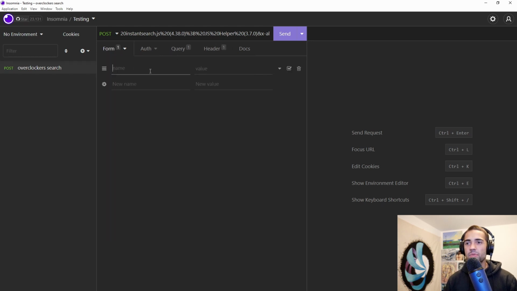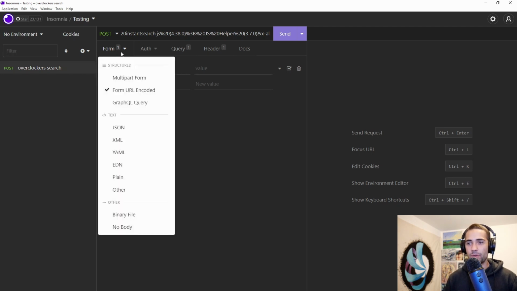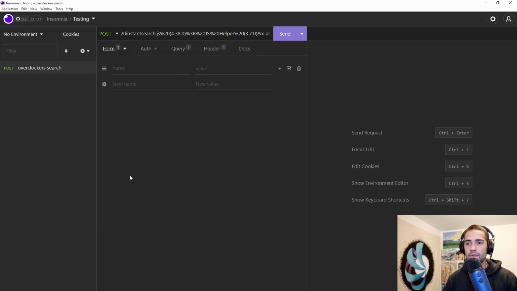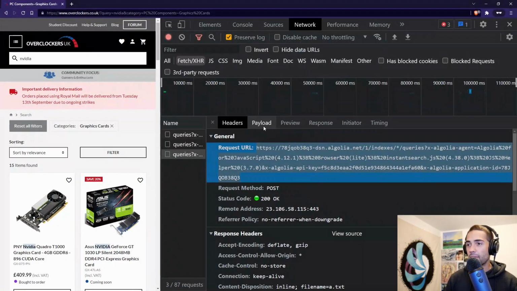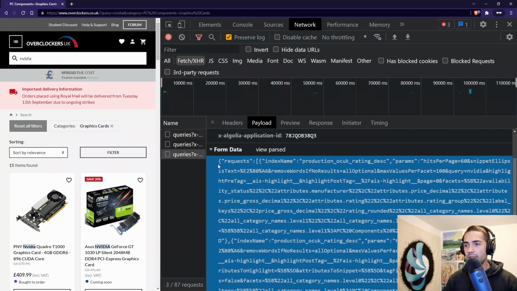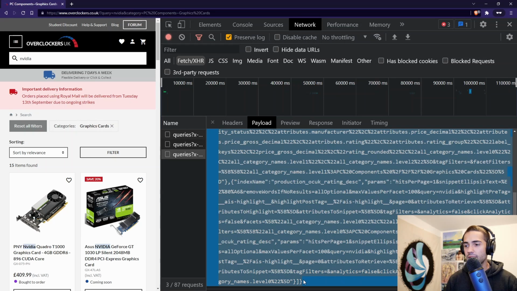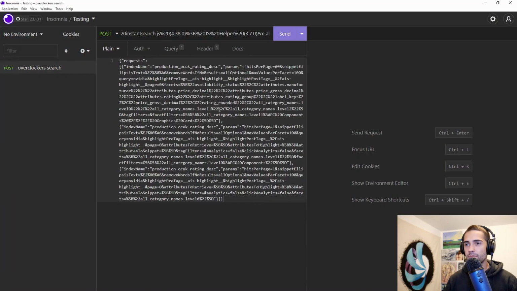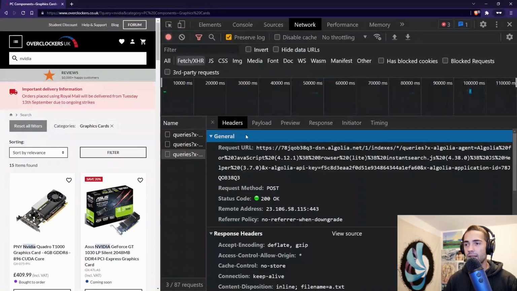Okay, let's pick this option, and here you can see we can only supply key value pairs, which is a little bit like they are just sending a big blob of JSON. Let's just do that as well. What I will opt in for is just plain, and I'm just gonna put text in here. Let's come back here, payload. This is form data. Let's grab this raw data, place it in here,